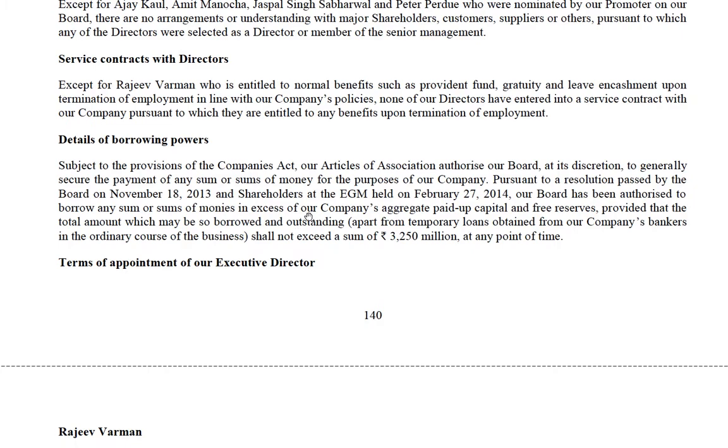So your standard borrowing power would be based on the Companies Act, which is under Section 179, Section 180. So our board has been authorized to borrow any sum or monies in excess of our company's aggregate paid up share capital and free reserves, provided that this sum shall not exceed 3,250 million.